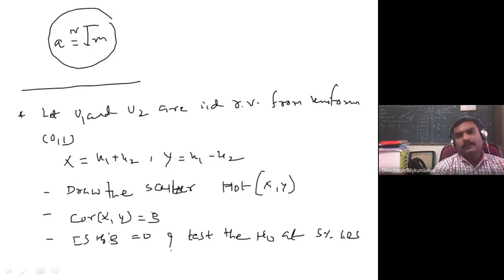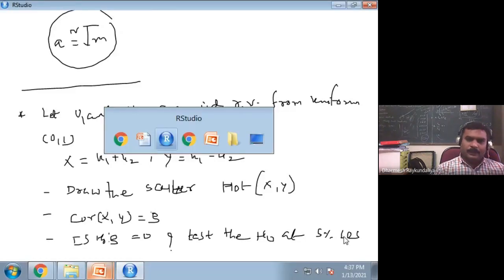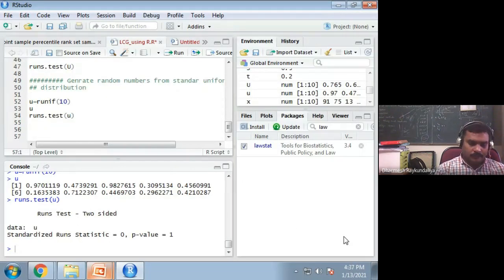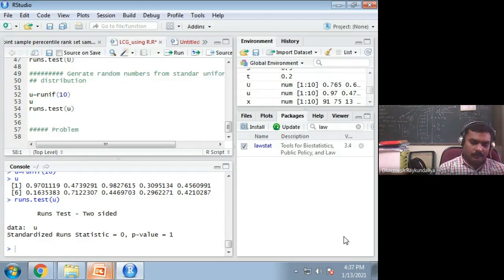So suppose this kind of problem is given. How to deal with it? First, it is saying that you have to generate uniform random numbers.